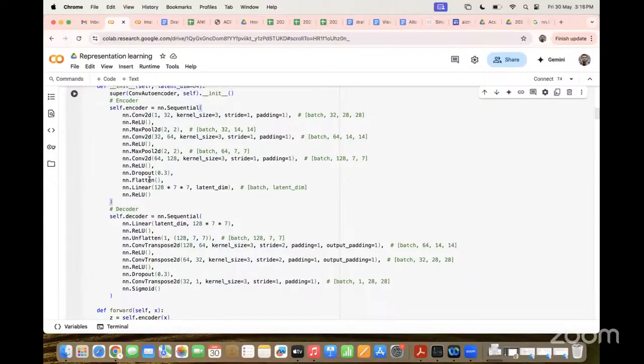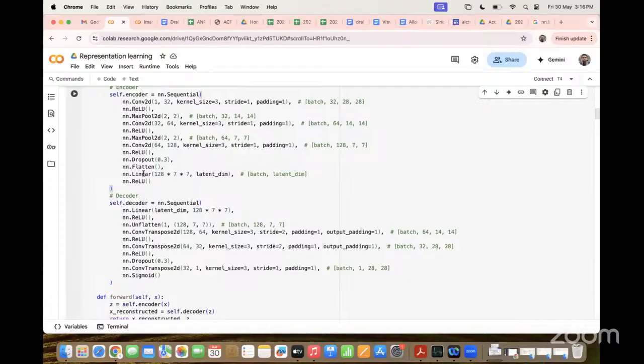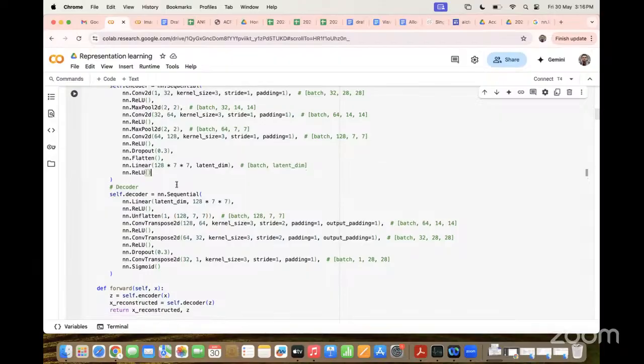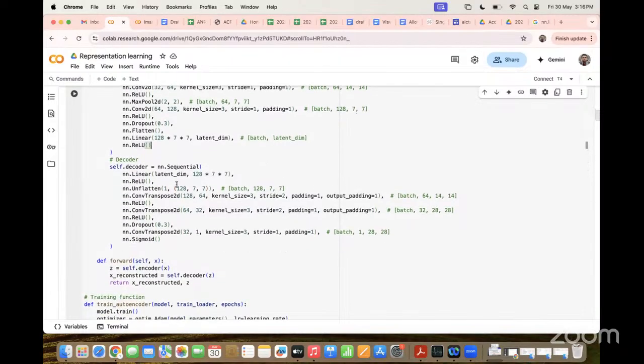Same encoder structure, then flatten, linear, and ReLU. Also the latent dimension here is 128. So we reduce from 784 dimensions to 128 through the linear layer.